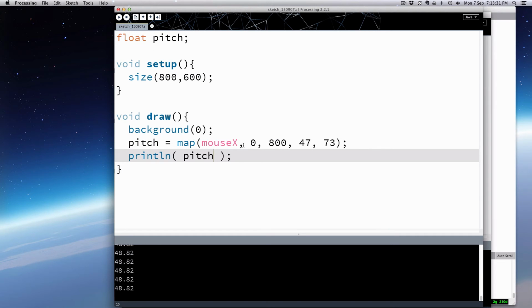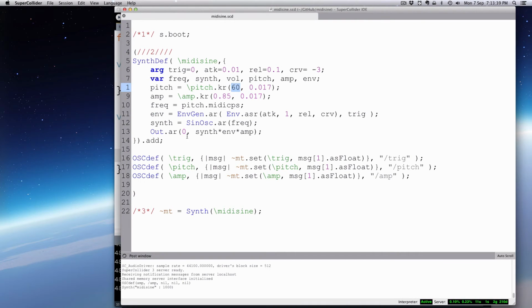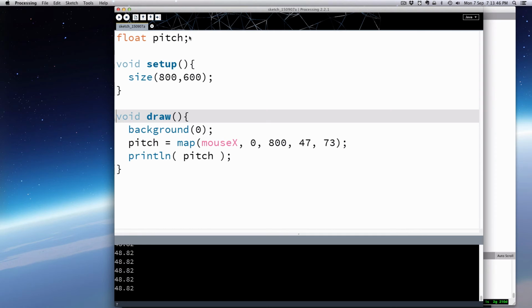Okay. And then I mentioned that we wanted to use our y-axis for amplitude. If you recall, in SuperCollider, we're looking for an amplitude really between 0 and 1. All right. So let's do that. Now you can declare variables in a row like this with the comma. So we declare amp. And we'll just copy this,